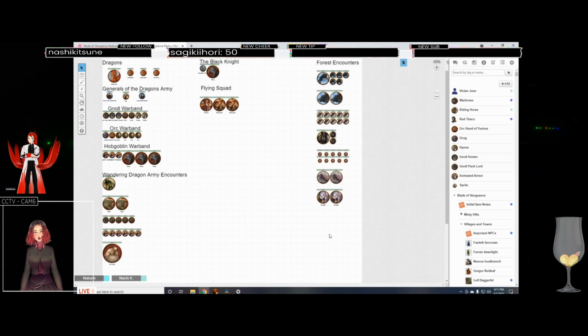I mean, the typical warband is going to have 6 to 7 enemies in it. Right. And most have at least one CR5 and CR3s, which I think should be a challenge for you guys.